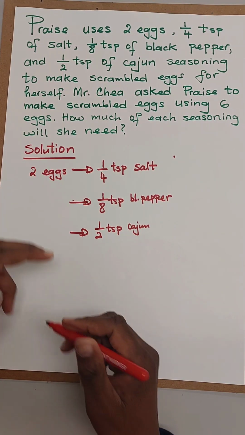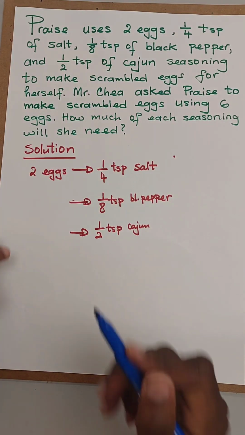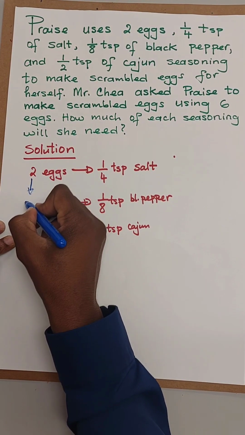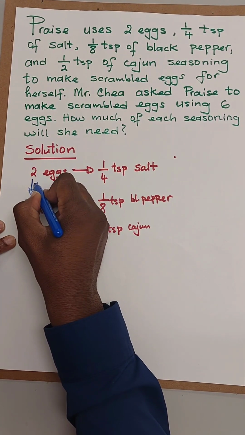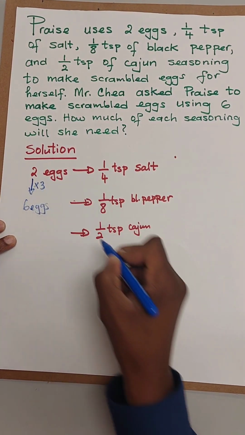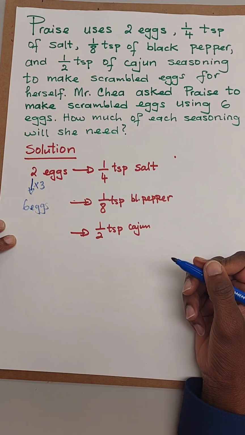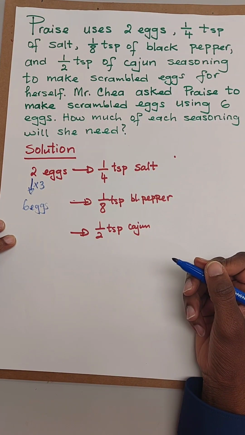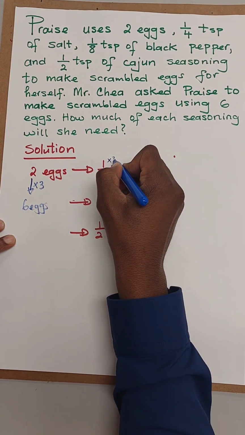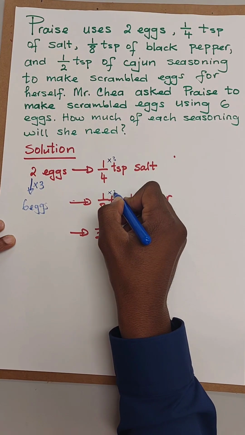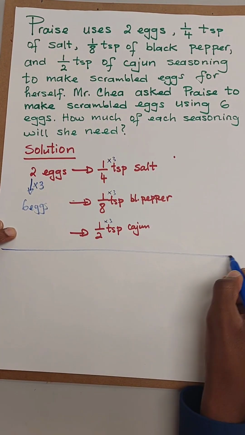So this is how proportions work. So if I get 6 eggs, what I have done is I have multiplied 2 eggs by 3. So to keep the proportion, all the seasonings will multiply by 3. So that I will have times 3, times 3, times 3. Okay? So that's it. 6 eggs